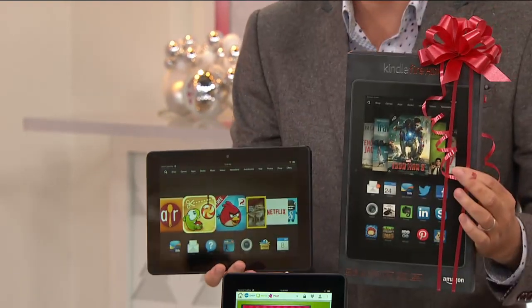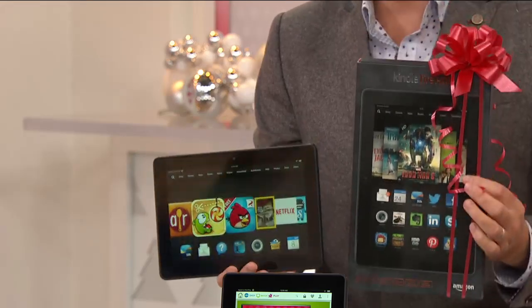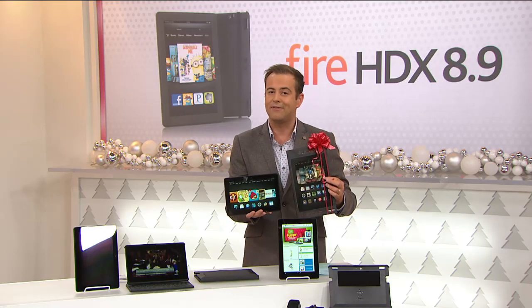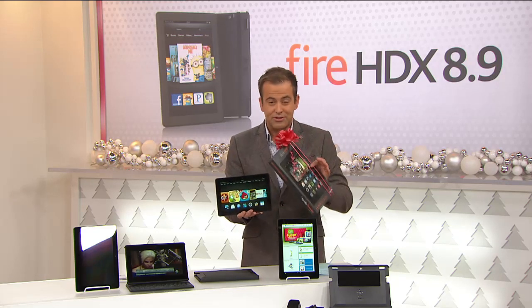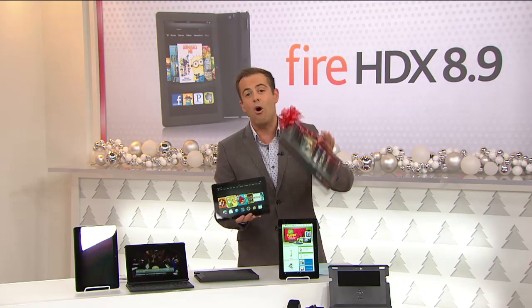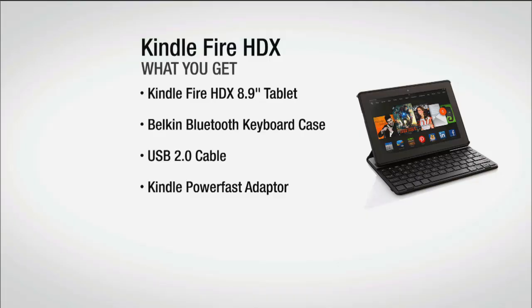I can officially confirm we have the best deal anywhere online or in the stores on a Kindle Fire HDX. So we'll go through it, we'll tell you everything you're gonna get, because not only do we get the best price, we're gonna give you more. For the person in your life that you wanna buy a tablet, this really is America's sweetheart. Everybody loves Kindle Fire HDX. So this is what you'll get. The Kindle Fire